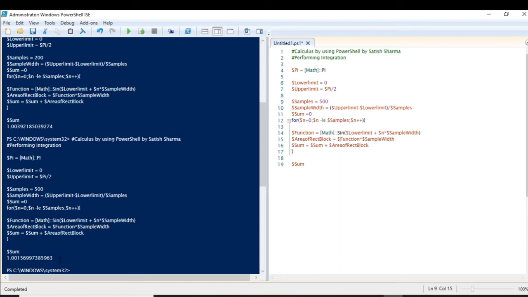You would not have imagined that it is so easy to find integration. By this way you can find the integration of complex functions also, which is not easy to find by using the conventional methods in mathematics. For example, you can find the integration of sine x by x, from 0 to pi by 2, or from any value. For any functions you can find the value, and you can even graph it, so you have the visualization of how that function looks.